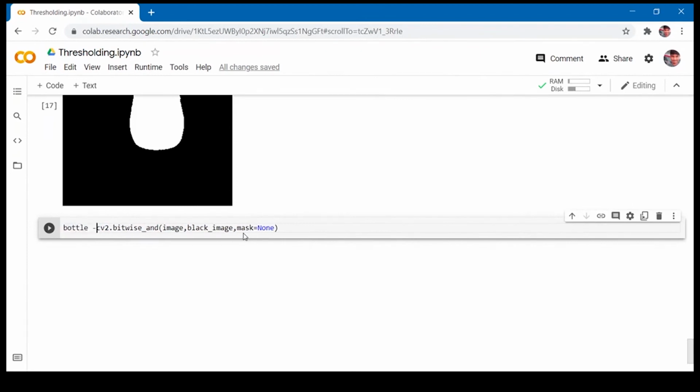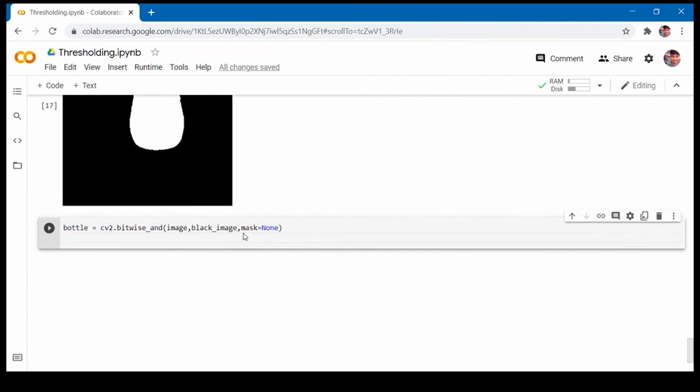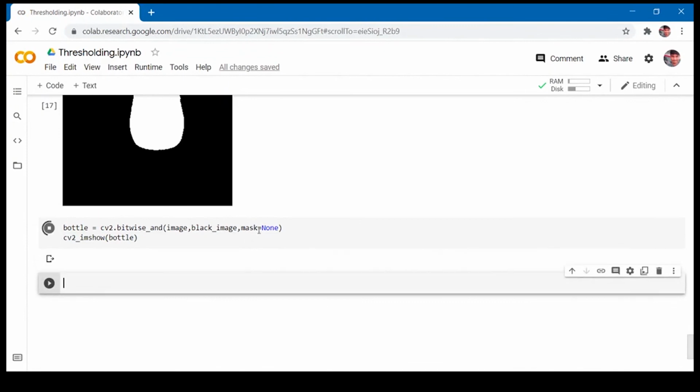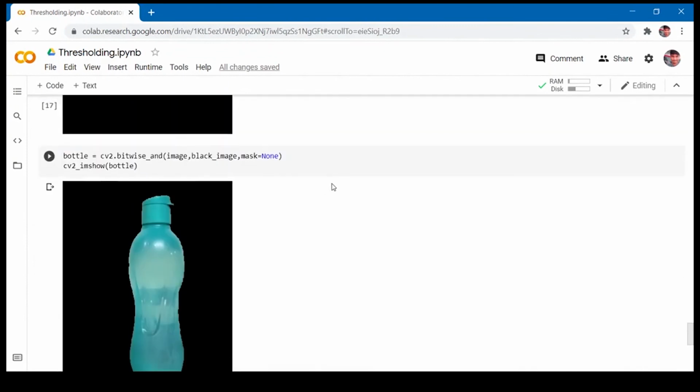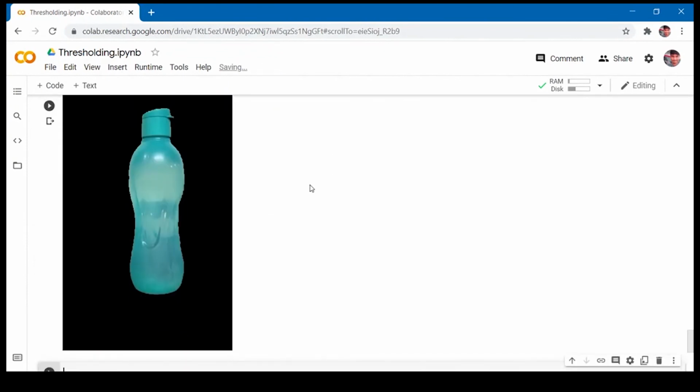We will store the result in bottle and show the bottle. As you can see, we are able to see only the bottle part in the image. The rest of the image is covered in black. In this way we can separate out the bottle from the rest of the image.